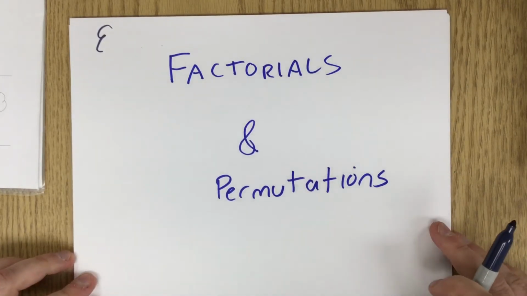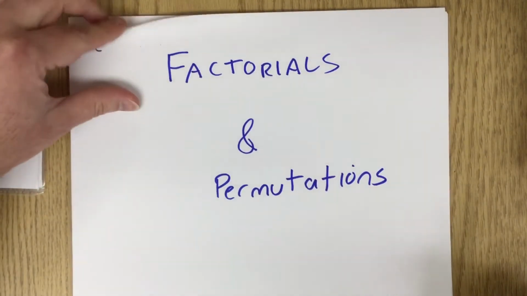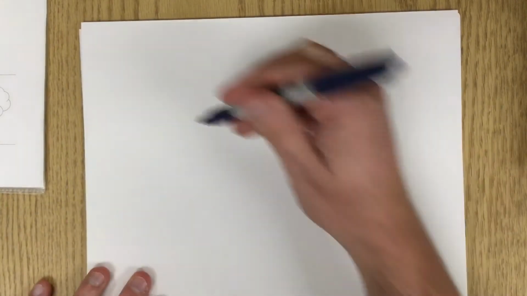So we're going to be discussing factorials and permutations. We'll start with factorials and then we'll go through permutations after. So a factorial